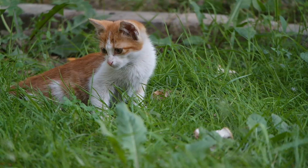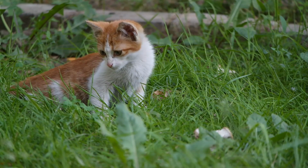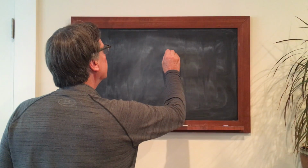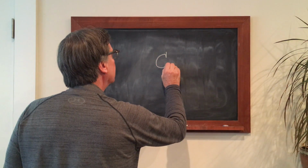K as in cat. K, a, t, cat. This is how you form the cursive letter for the sound